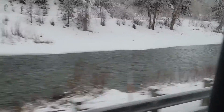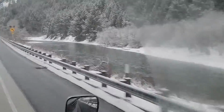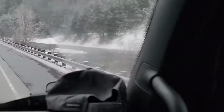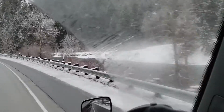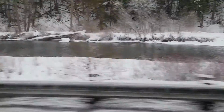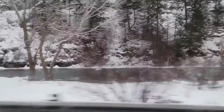Okay, so if you don't go for a crap company that changes your stuff. That's a river. I don't know if you guys can tell that. There you go. Now you can tell it. Okay, I'm almost out of washer fluid. I got some, just gotta put it in. There might be the next rest area. Okay, top it off. I should have done it at the last one. I didn't think about it. Well, the light only comes on when I'm going downhill, so it's not so